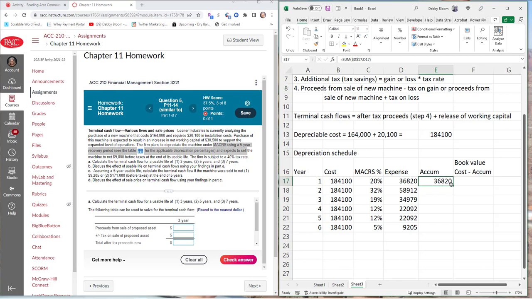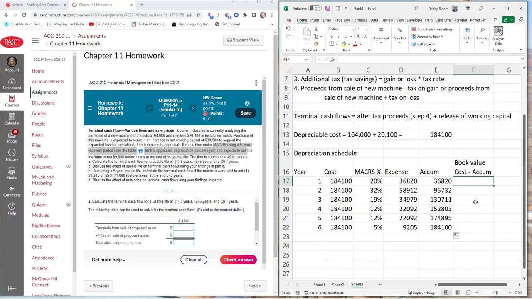So 36 plus 58 is 95. 36 plus 58 plus 34 gives us 130. 36 plus 58 plus 34 plus 22 gives us 152. Plus 22 gives us 174. And then adding the final year, we have an accumulated depreciation of